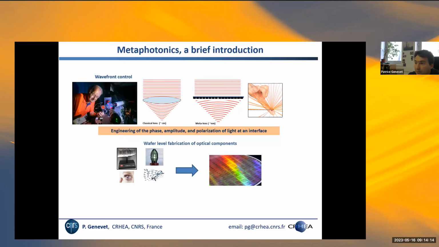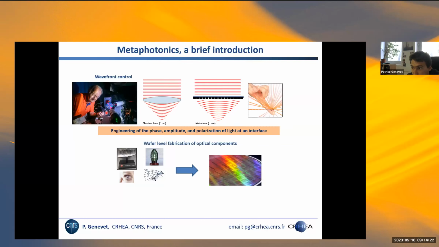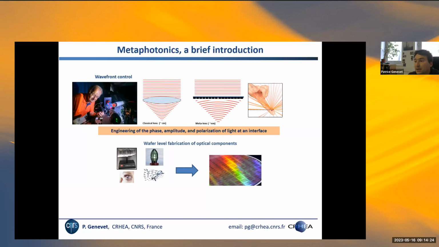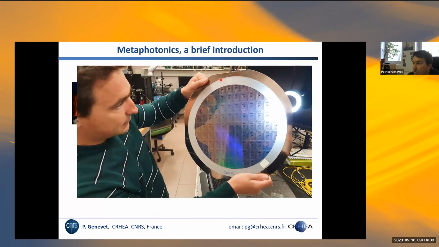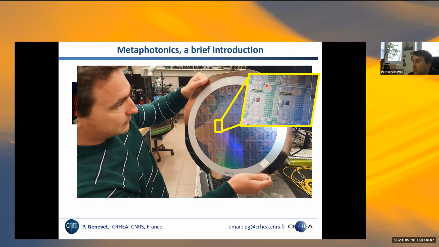I show you here one picture I stole from Federico's website, where they show the realization of a macroscopic size device that is tens of centimeters in diameter, to show that this technology is now moving to realistic devices. Here is the first example of wafer scale fabrication of meta lenses. And I show you here some of the results in our lab using a 300 millimeter fabrication of metasurface glass on silicon on glass wafer that eventually is composed of many of those meta lenses.